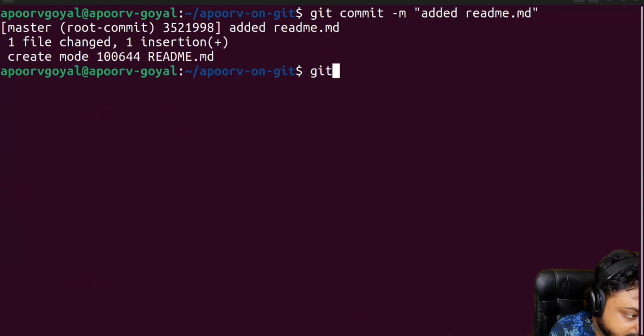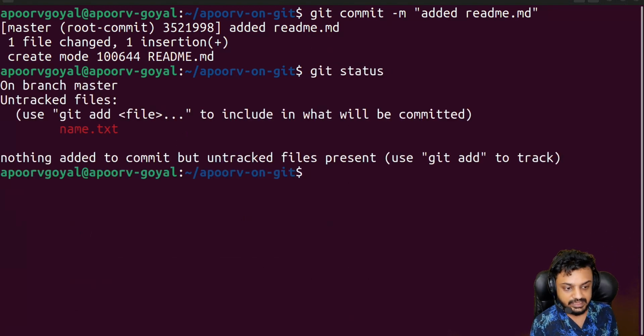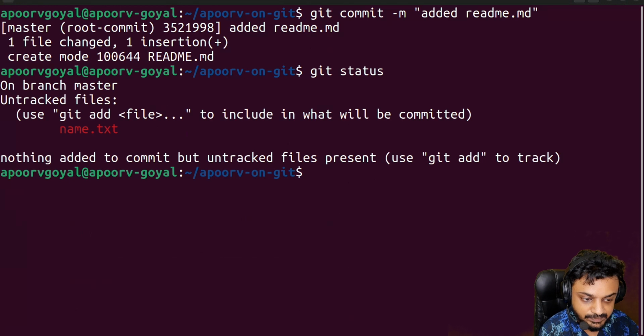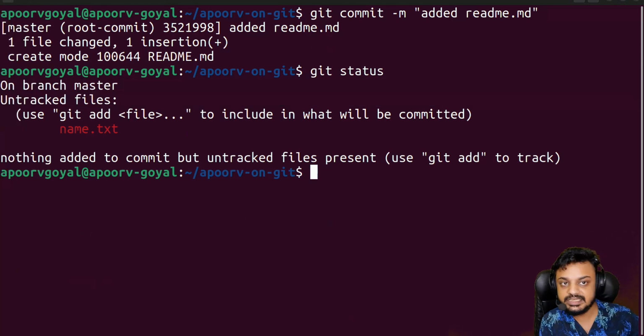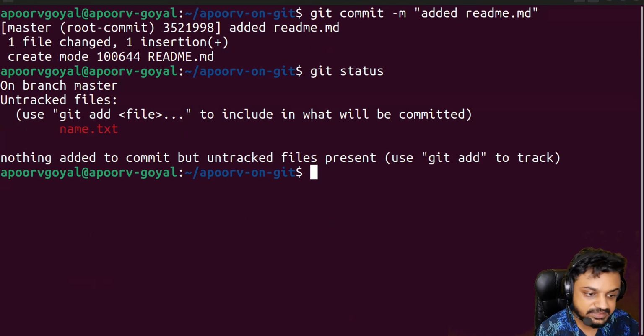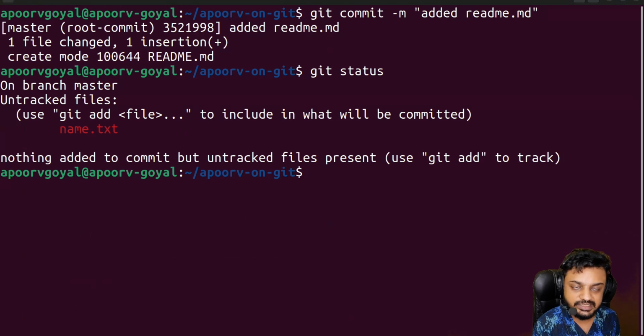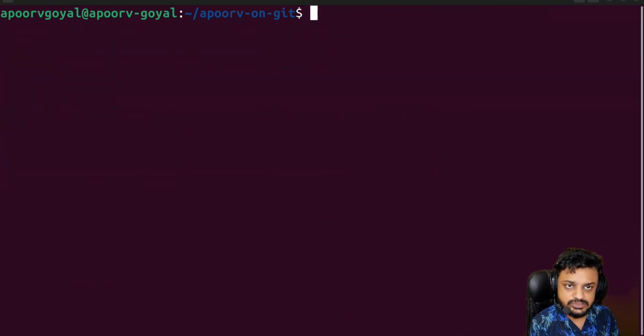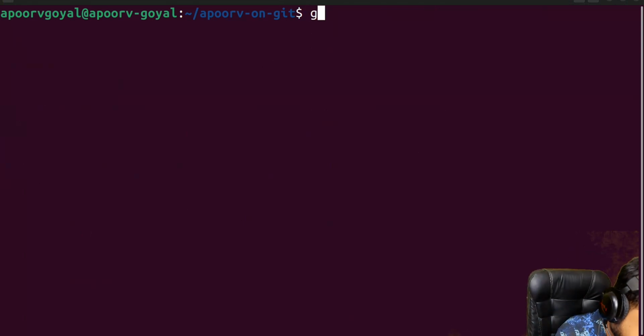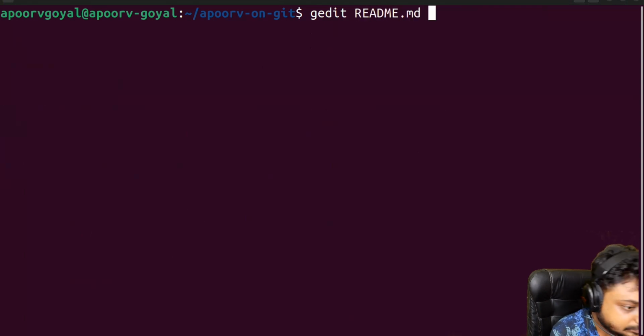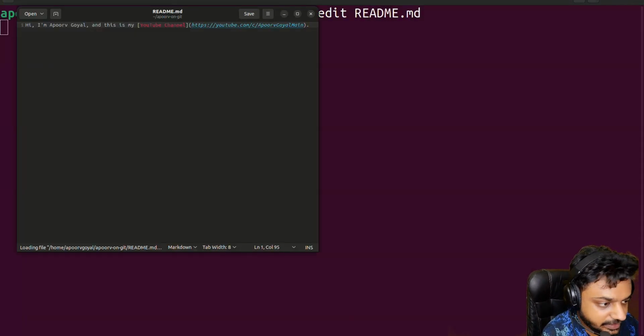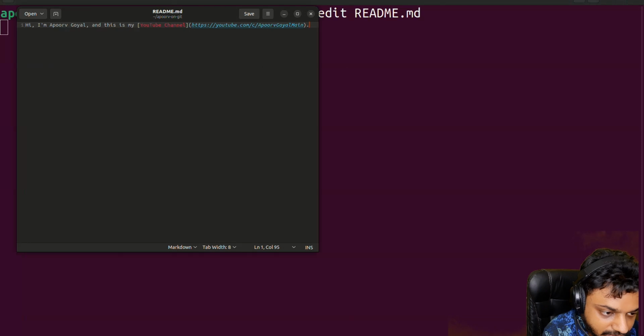Now if I do a git status again, it says that it is on branch master, but this time it's not saying that there are no commits, right? So we already have some commits that exist this time, somewhere in the git history, the database that is there. Now let's say that I make some changes to the file that I created, the readme.md file, right? So I'll open that file, right? And here it says that hi, I am Apoorv Goyal,